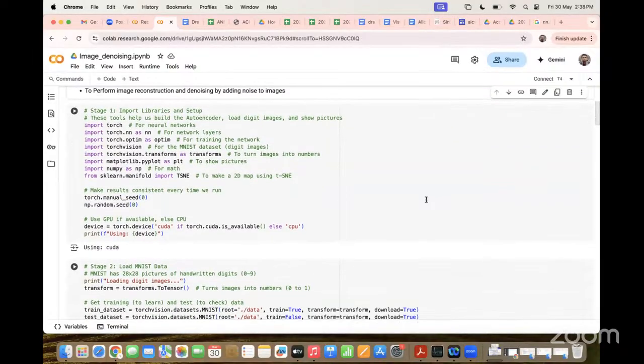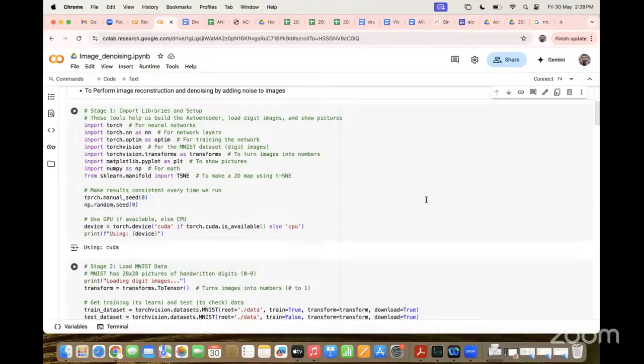There are, I guess, 6 stages, and if you know basic coding in Python, and if you have developed a neural network at any time, it is pretty easy for you to follow.